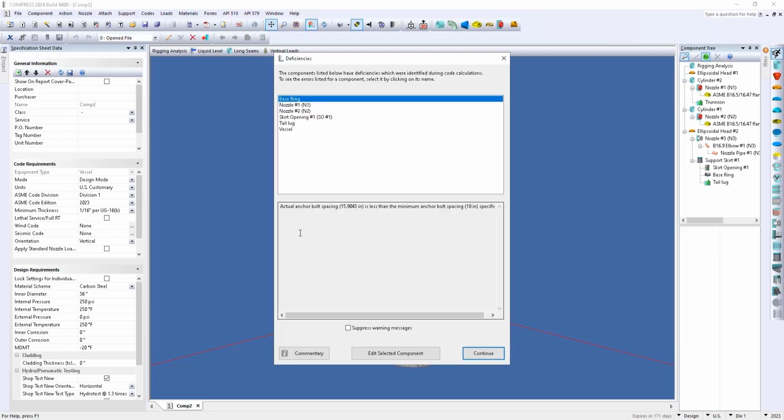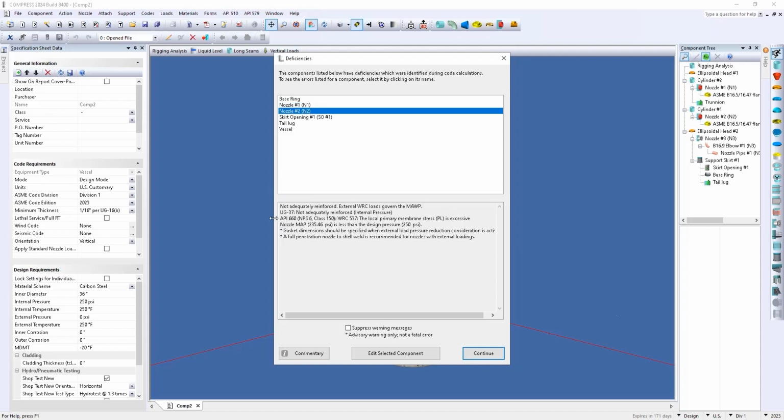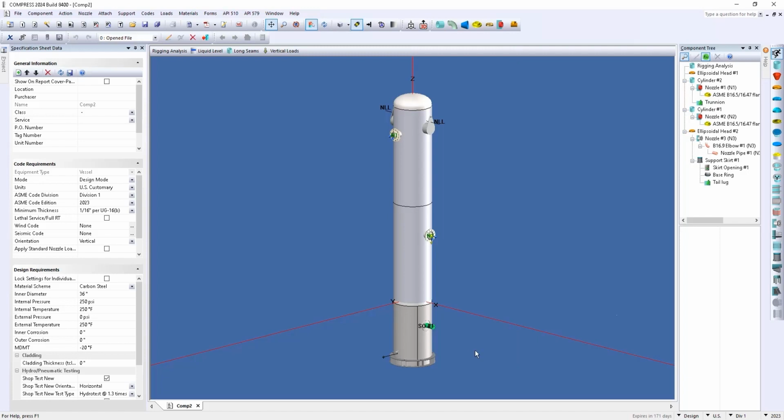Now you'll notice that we have this pop-up, and this pop-up is going to let us know if we have any deficiencies or warnings that the software is going to provide. You can toggle through each component to see what your deficiencies are, and you can even edit that component if you'd like. In this example, I'm just going to continue to the report where we can review all of these